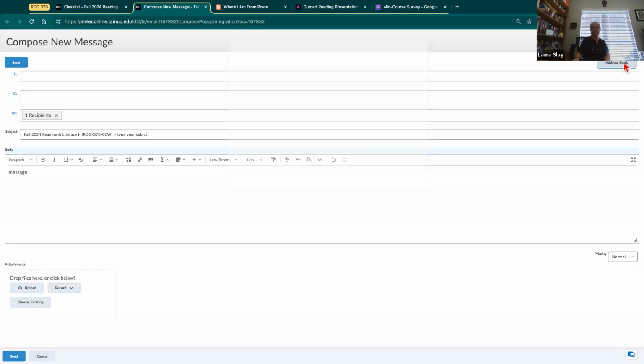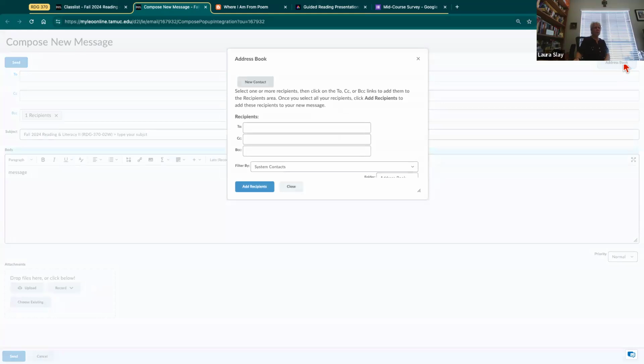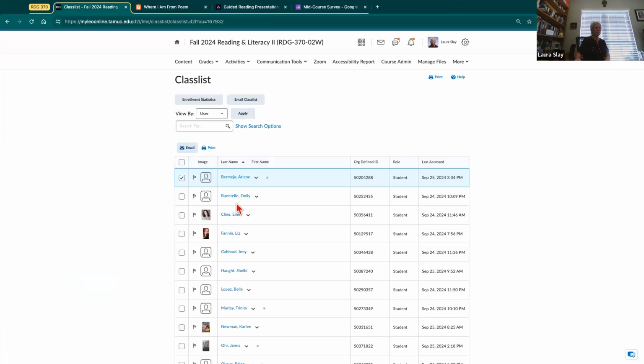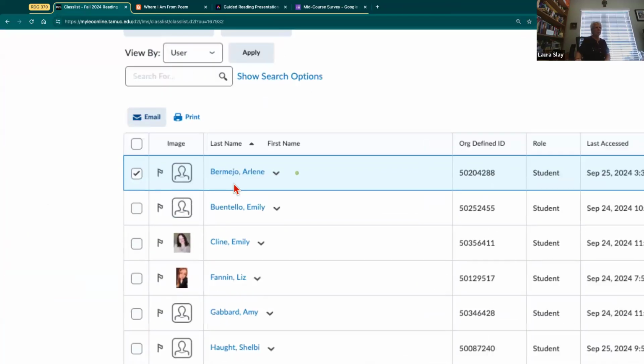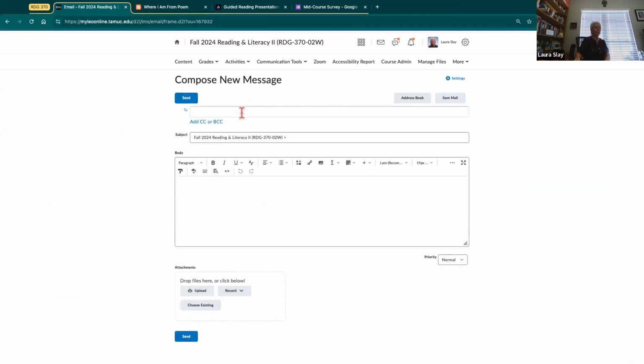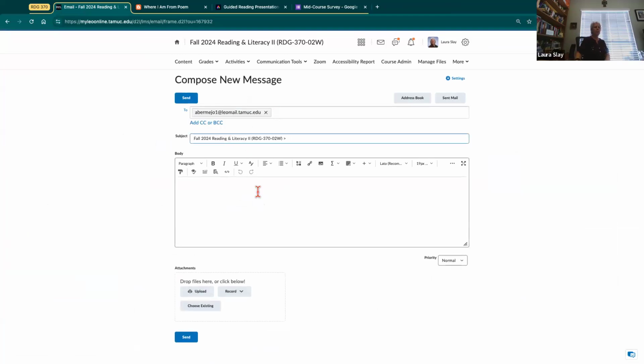So you also, let's see, I've never used the address book. Let's try that and see if there's something else that you could do. I'm going to go backwards. I'm going to cancel out of this. I'm just trying to show you. Let's see, so let me see how that would work if I were to try it differently. If I go back to the email and I type in the name, and I start typing it correctly, the person's name and their email pops up here, and then you just send as you would do any other kind of email.